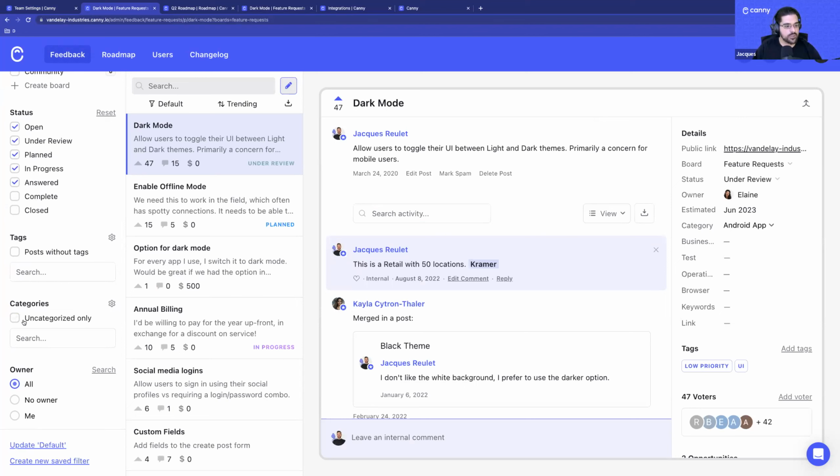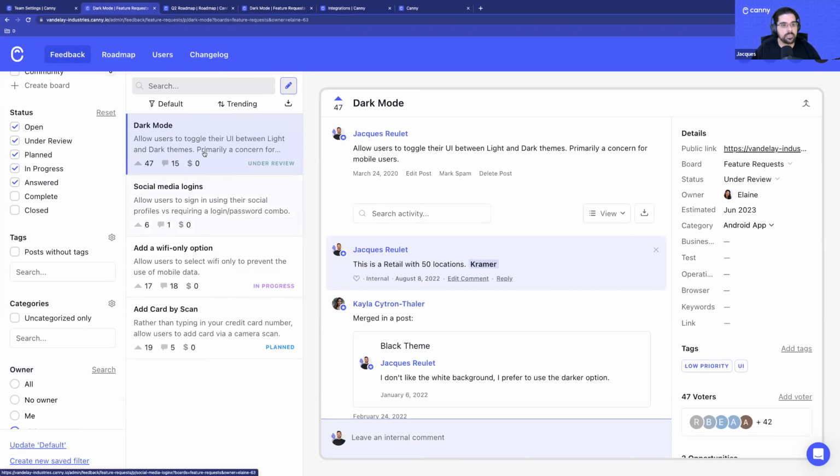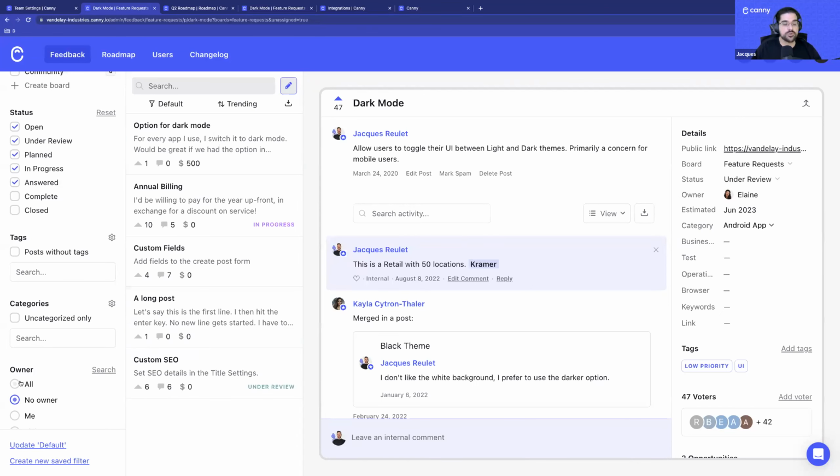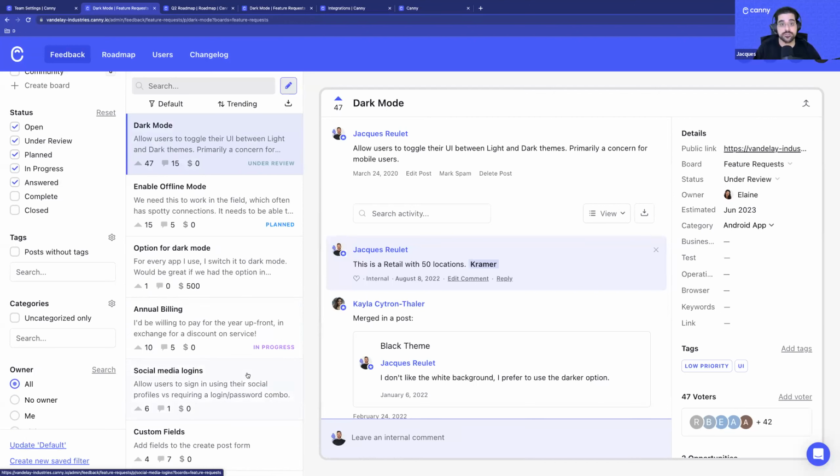And something I can also do is see who owns what. What is Elaine currently working on? So I can just search for Elaine and pull up what is currently on her plate. Where are these things at? What's assigned to me? What doesn't have an owner at all? So you can go through those posts and understand who is responsible for driving this forward